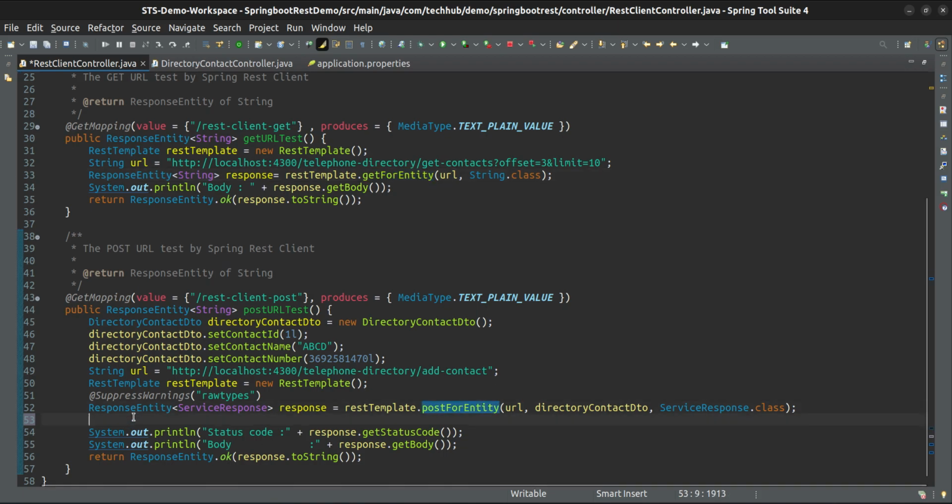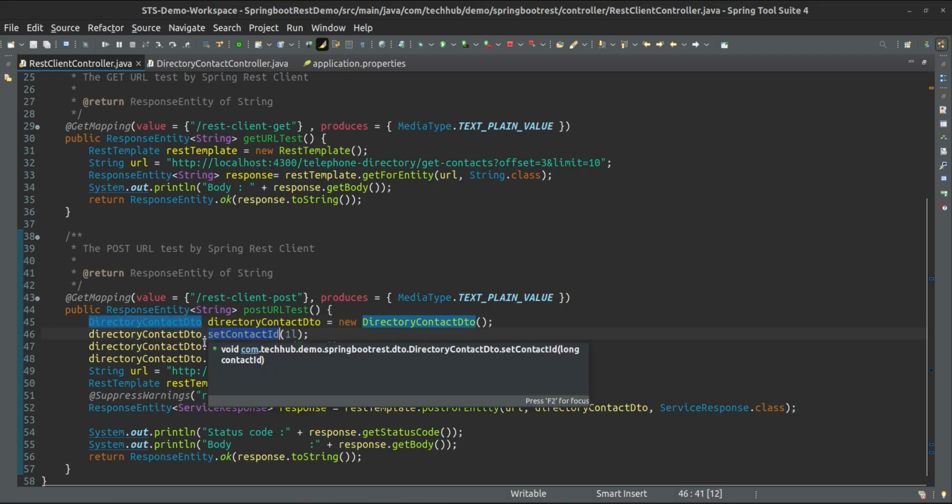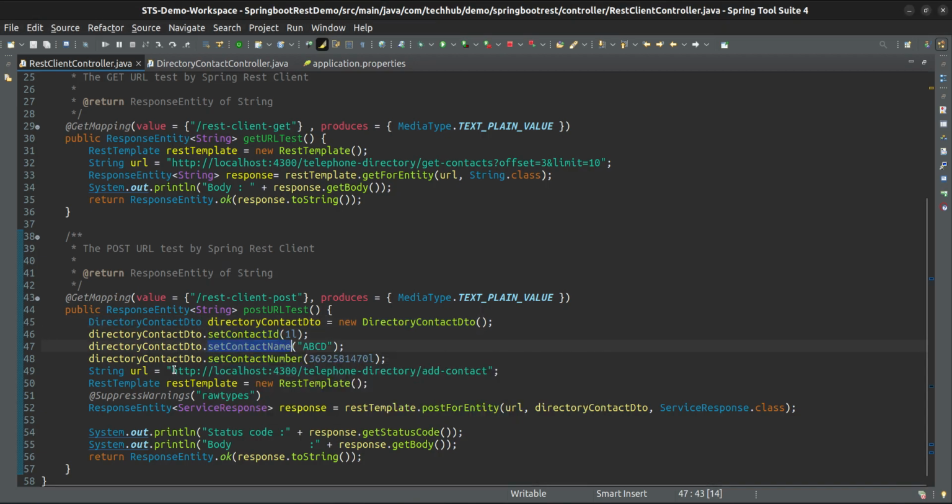So in post you will see what we are doing. First we are passing URL, so this is our URL. This URL is to add the new contact. Which contact you have to add? You have to add this contact. We have to create a directory contact DTO. This is your directory contact DTO. This contact number, name, or you give any number, any contact ID. Okay, and the return type, what is the return type for this